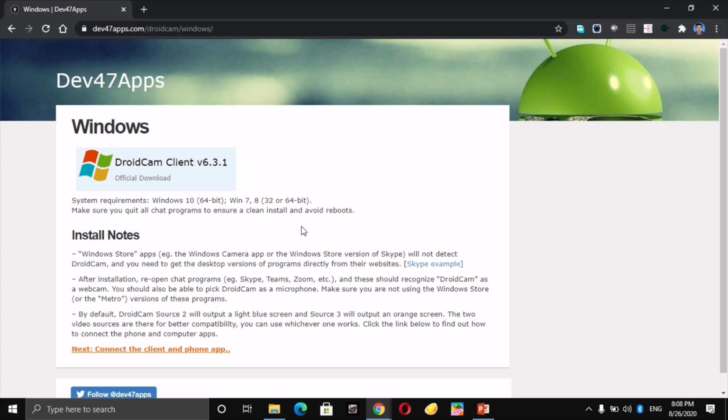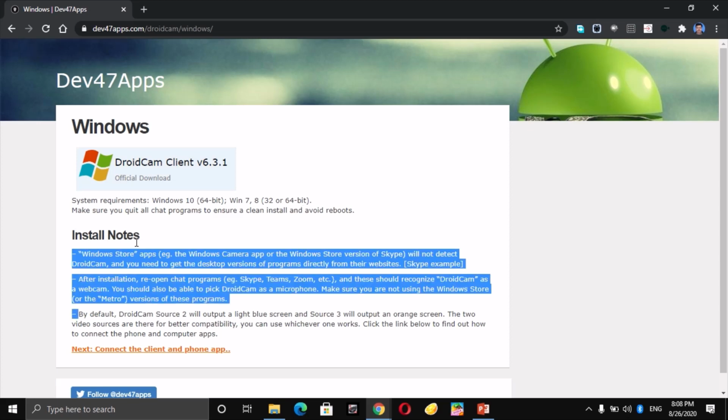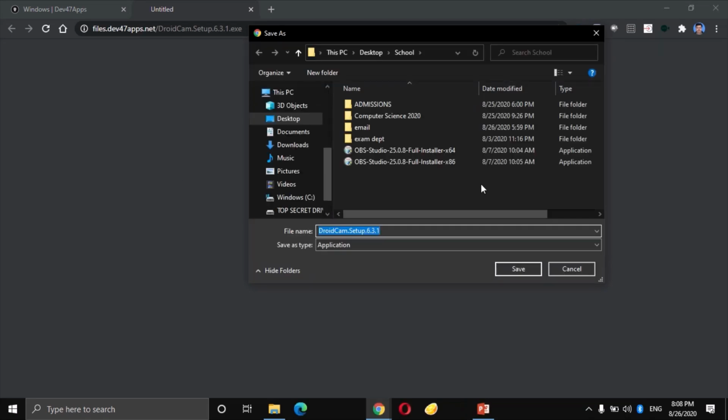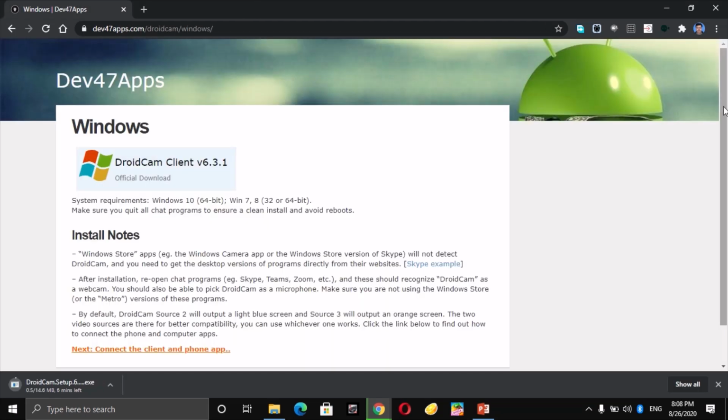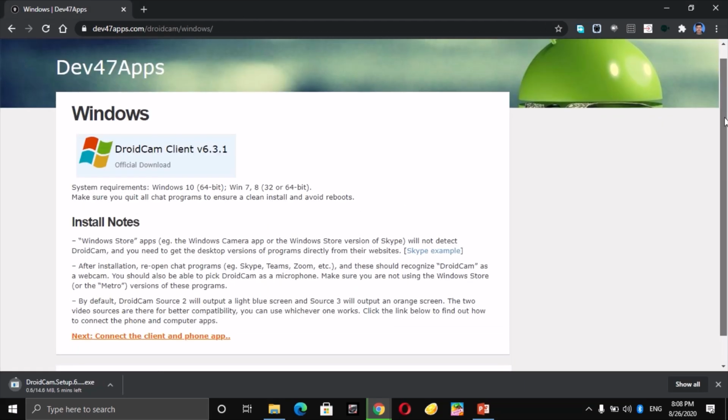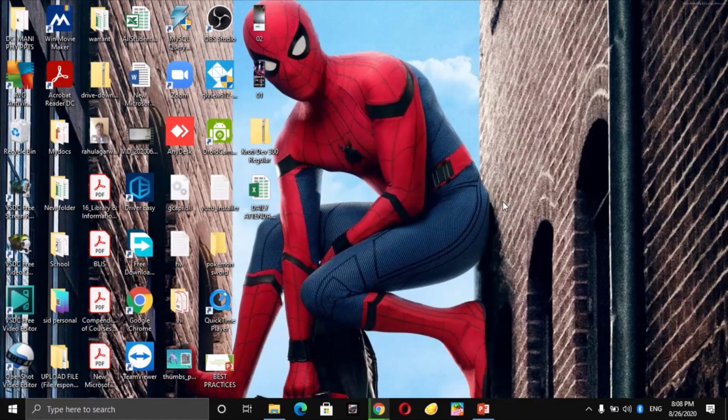Okay, we will download and install. So installation is a fairly simple process. Nothing much is required actually. Just double click and next. So it is asking me, well, okay. This is for its installation. Now for the connection, we have to do some settings in our mobile. So I am going to switch to my mobile now.